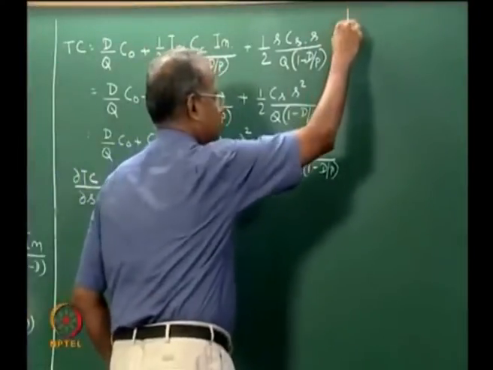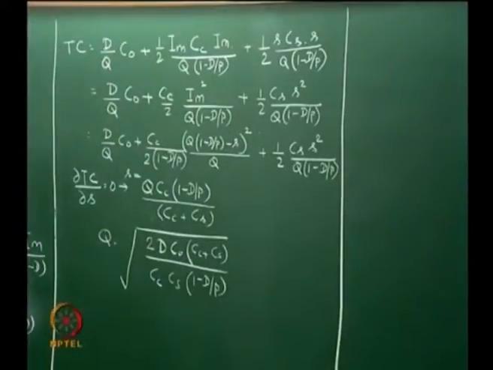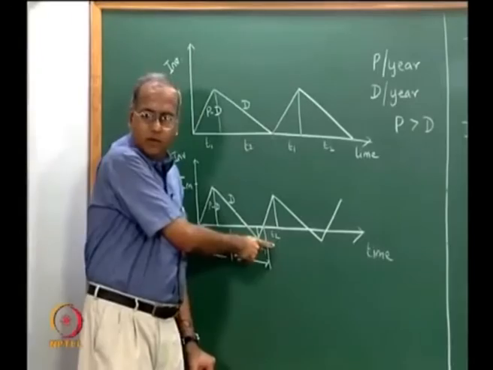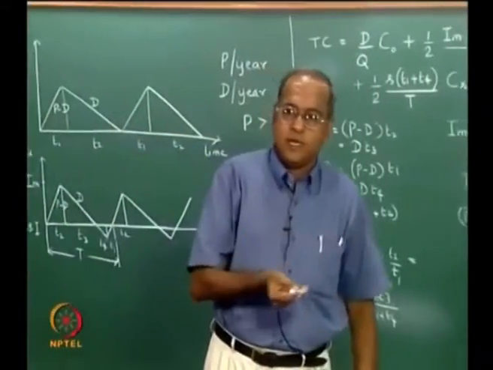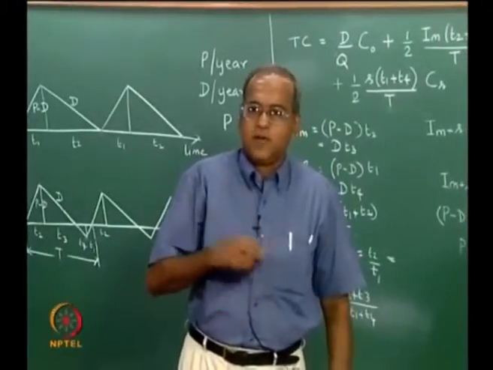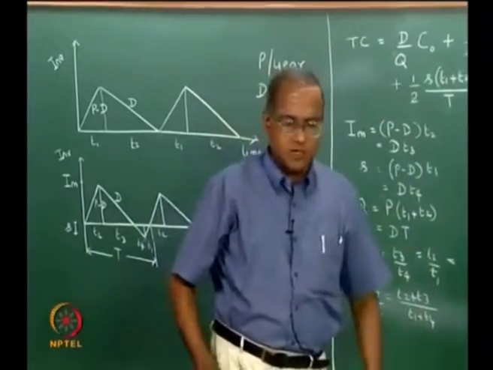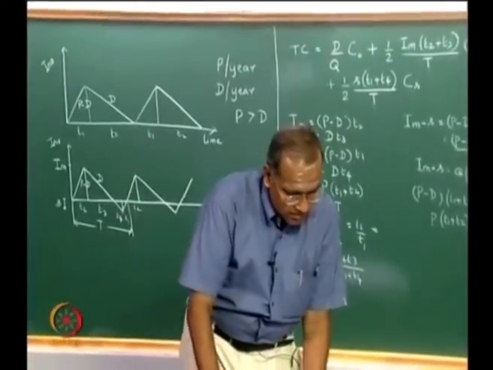Take a small example. In fact, we consider the same example that we used for the earlier model. The earlier model does not involve back ordering. This model involves back ordering. So, we take the same numerical illustration and then we give a value for Cs and find out what happens to the total cost as well as to the economic batch quantities. So, we go back and work out the same problem as such.